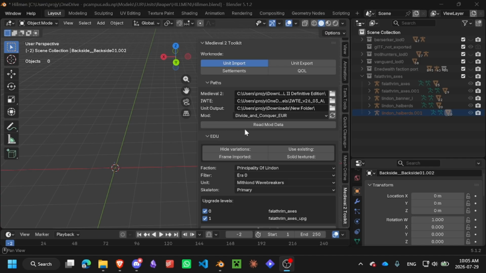Okay, now let's move on to the main section, which is the Medieval-2 toolkit. You can see here, if you scroll down below in the menu, you can find it here. So firstly, let's look at the unit import. What you have to do at the beginning is